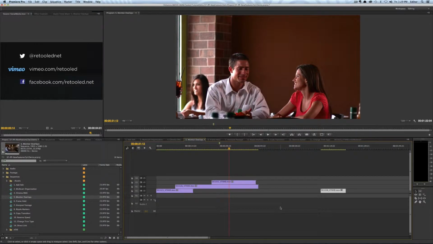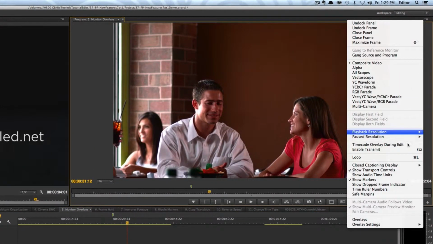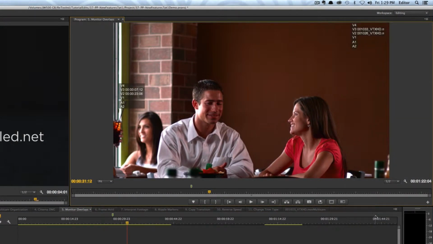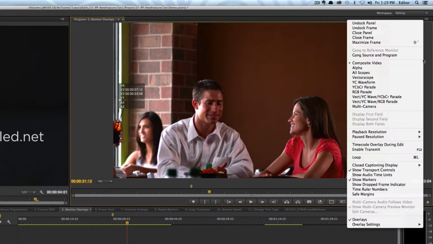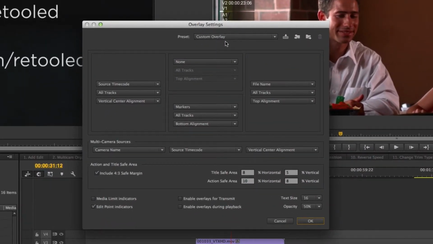Another huge new feature is monitor overlays. If I come over here and look at my program monitor, I can come in and turn on overlays. Now that's a new drop down and you can see already what it's doing. But if I come over here and go to overlay settings, that's where the real power lies. So if I come over to settings, you can make your own